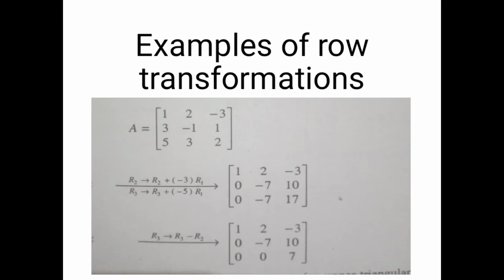One important application of row transformation is that we can reduce the given matrix to echelon form, and then we count the number of non-zero rows in the echelon form, which gives the rank of the matrix. So here we use the same technique. We first reduce the given matrix to echelon form by applying row transformations, and then by counting the number of non-zero rows in the echelon form we can determine the rank of the matrix.